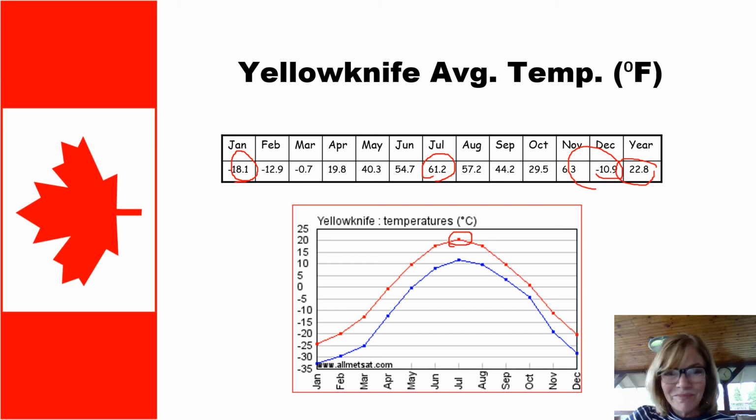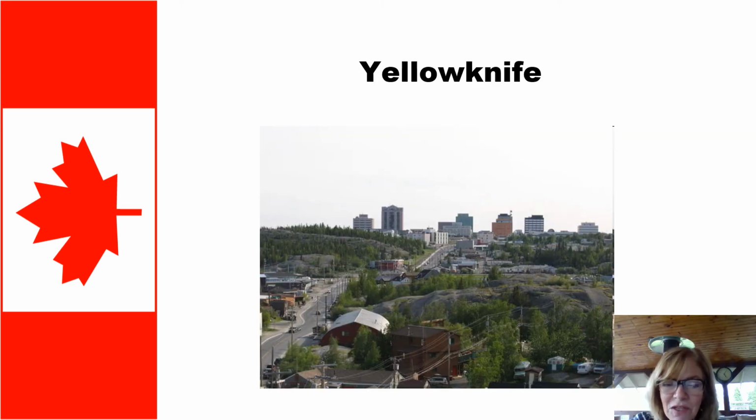That's not very warm. Right, and here's a picture of Yellowknife. It looks very quaint, doesn't it? But look at this. These are rocks, something that we don't see much around here, right? Because it's up there, it's in the mountains. So you can see these rocks and trees, and then buildings are built into the sides of a lot of